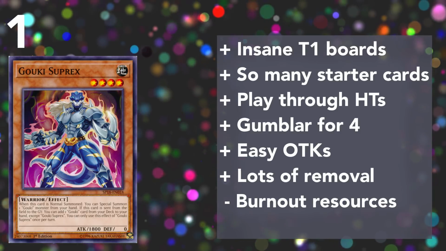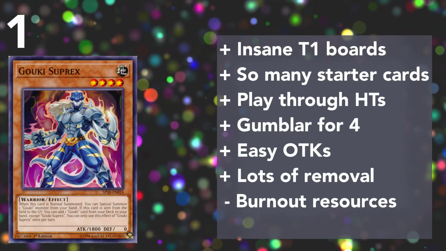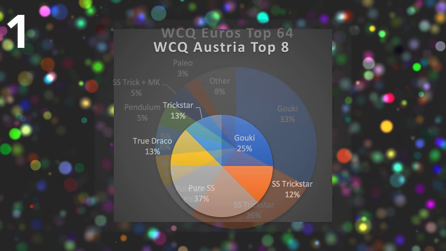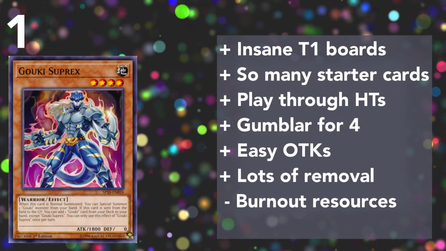So if your board is outed by Sphere Mode or something, then it's virtually impossible to recover, but it's so hard for your opponent to get to a state where they can actually get rid of that, so the Goki is definitely taking first place for this list. It's consistent, it's strong, and it puts out something that I don't think any other deck has been able to